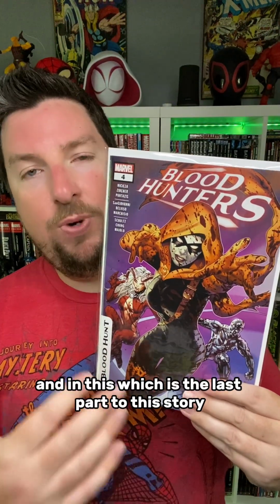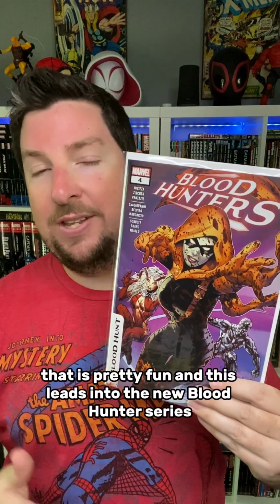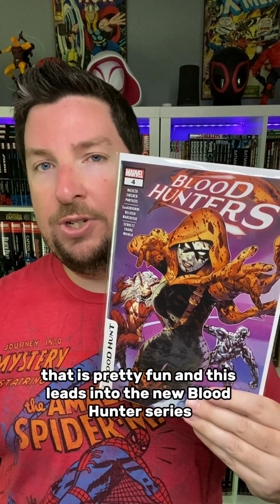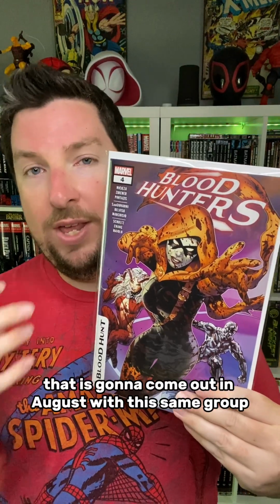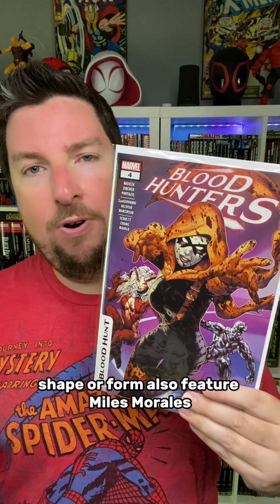And in this, which is the last part to this story, Hallows Eve joins the group as they fight another horde of vampires. During that fight, she actually uses a new mask that is pretty fun. And this leads into the new Blood Hunter series that is going to come out in August with this same group and is going to, in some way, shape, or form, also feature Miles Morales, who at that point will still be a vampire. And that is your Blood Hunt tie-ins for this week, and none of them heavily affect